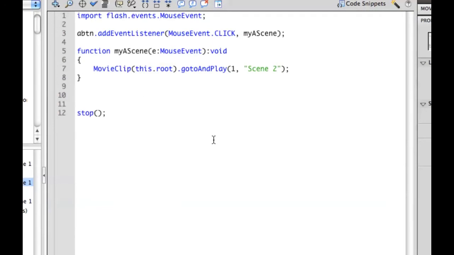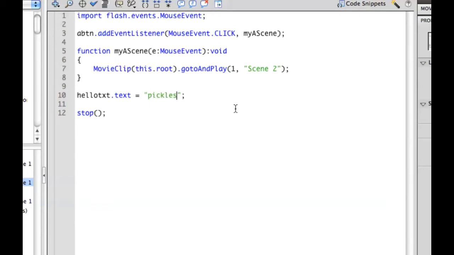Now that it has an instance name, I'm going to show you that we can change it directly in ActionScript. So we called it hello text. Now to change it, hello text is an object. ActionScript is an object-oriented language, so dot text. Now, what does that do? It says, okay, hello text, the text inside that we want to equal, and we put it in quotes, we want it to equal